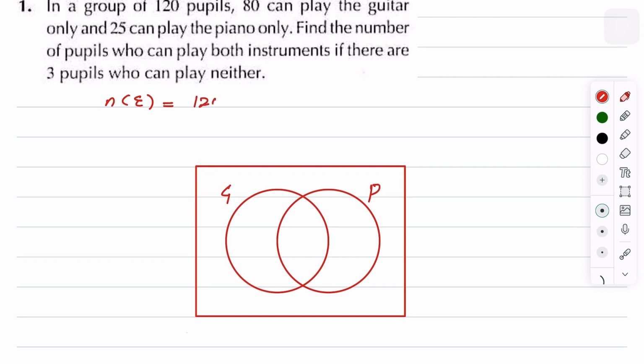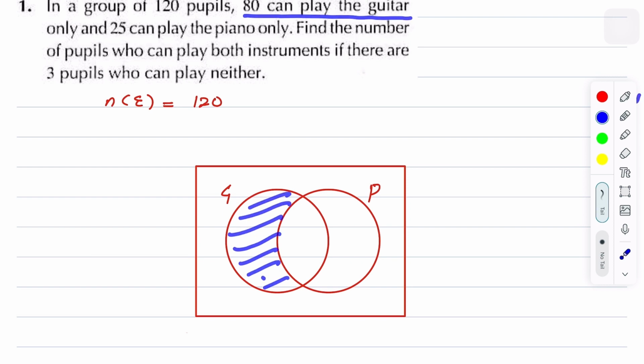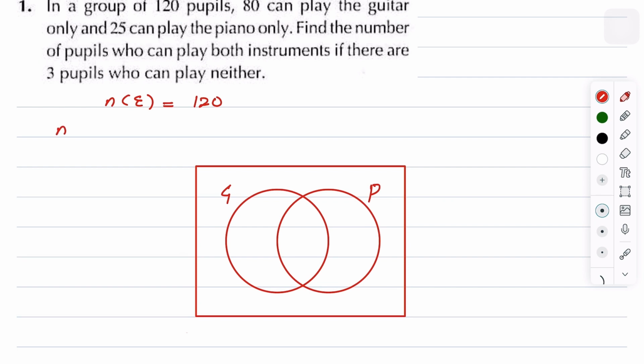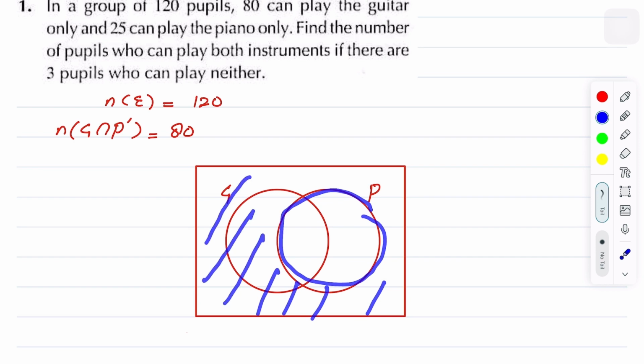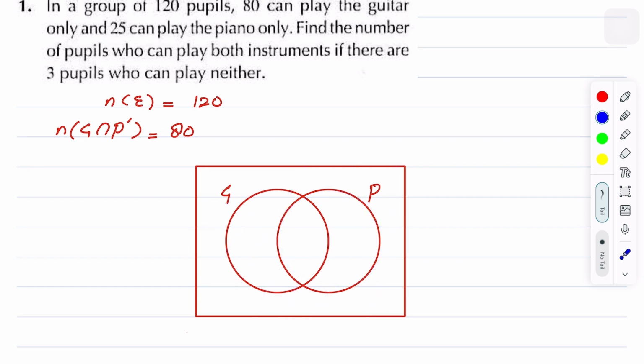Total number of students in the universal set is 120, and now they are saying 80 students can play guitar only. That is this information. And how do we write mathematically? We will write number of students who can play guitar only, G intersection P complement, and that is 80. Let me explain this again. P complement means everything other than P. And when you take intersection with G, you will get only this portion,